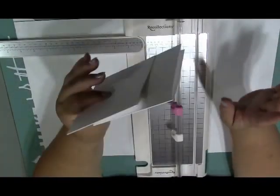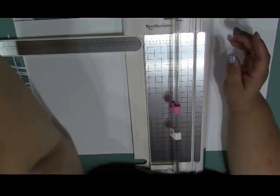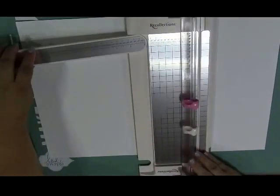So you have 4 different options for 4 different cards to make in terms of how they're positioned with their openings. Okay, so I hope that that was understandable. And I'm going to move the trimmer out because we're going to go on to the next phase of this class. So what I wanted to introduce to you guys first was to talk about